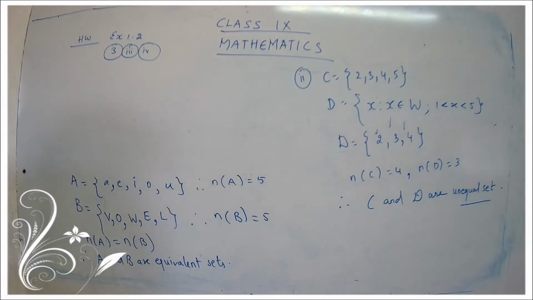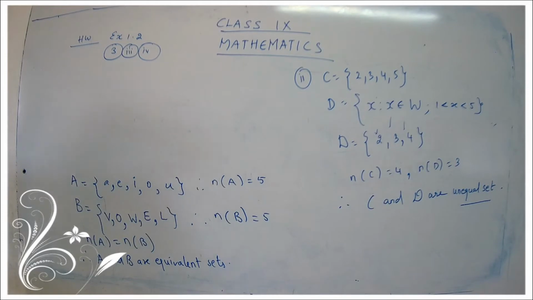Okay. One more. See the letters, children. You have L, you have I, you have F, you have E in both the sets, x and y. So we call that type of set an equal set. So you have to say n of x is equal to n of y. So it is an equivalent set.